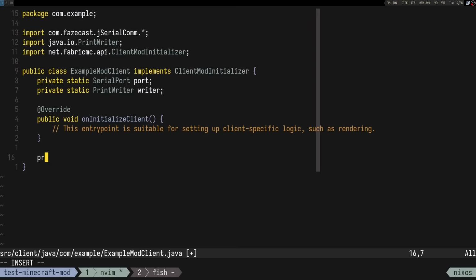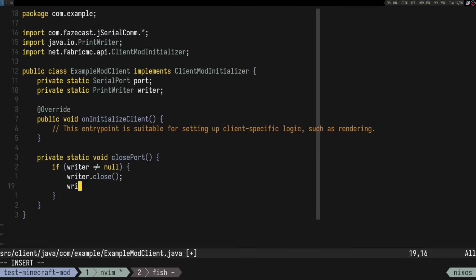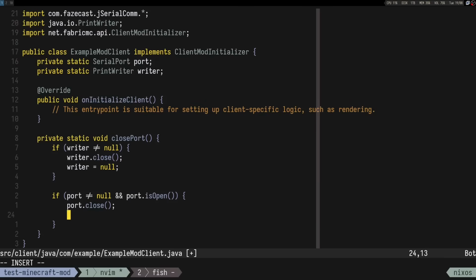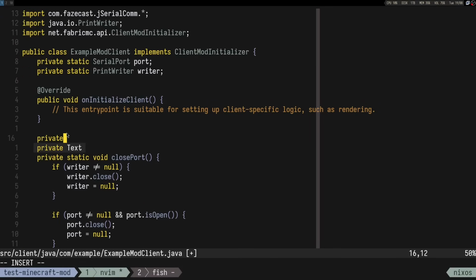So first we'll start with close port, obviously. If the writer is not null, then we can do writer.close and let's set the writer to null. And then if the port is not null and the port is open, then we are going to port.close and set the port to null, just to make sure that everything is fine. And the important function obviously is